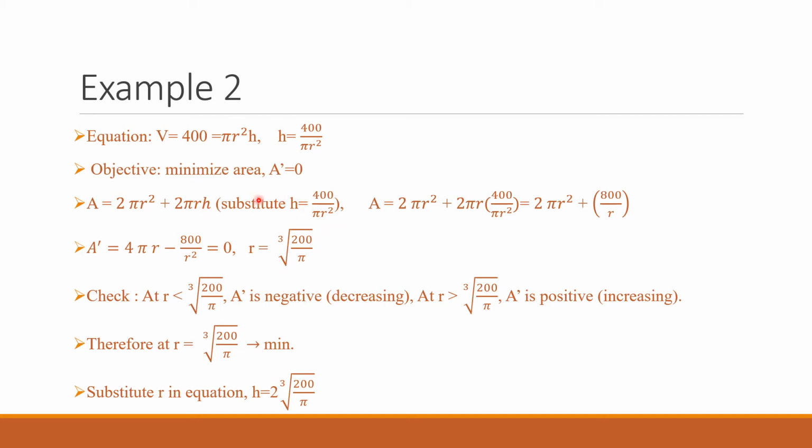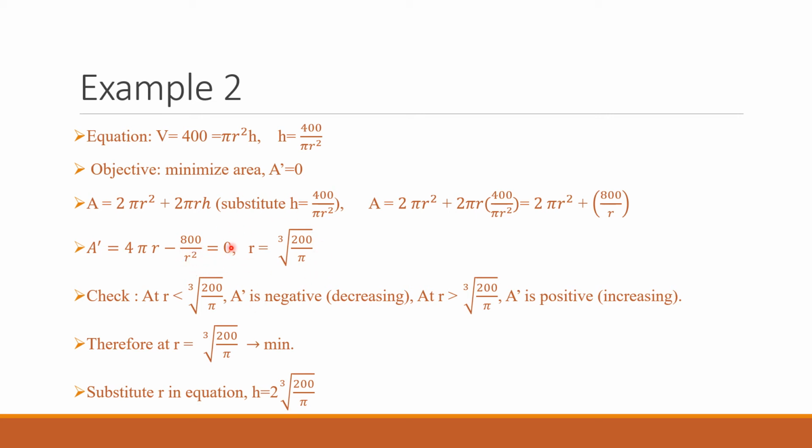And then I'm going to substitute with my variable in order to have at the end just one variable. And here is my equation. And the last form of my equation is equal to 2 pi r squared plus 800 over r. So here I have one variable which is r. So I'm going to differentiate dA by dr, or A prime or A dash. So it's going to be equal to 4 pi r. Don't forget that pi is just a constant. Minus 800 over r squared, and I set it to 0, and I solve for r, and I found that